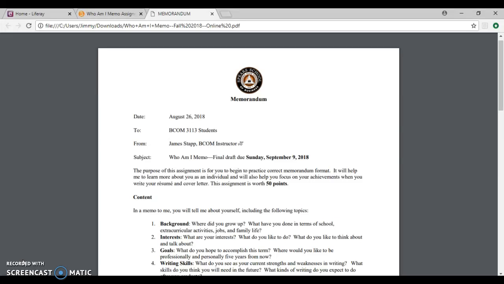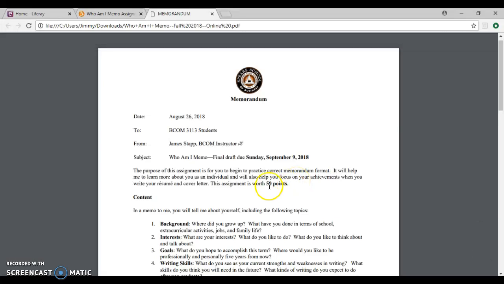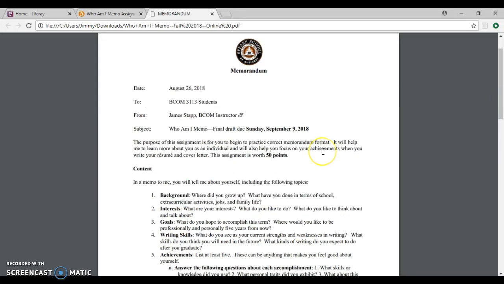So obviously with this assignment, it is due this Sunday, the 9th, by 11:59 p.m. It's our first major assignment. It's worth 50 points. It's simple enough. There's a couple of different objectives here. The first is obviously, I want to get to know you guys better. We started that off this semester online by posting your PowerPoints, which I've really enjoyed as we've started to go through those. But this gives you a little bit more detail.